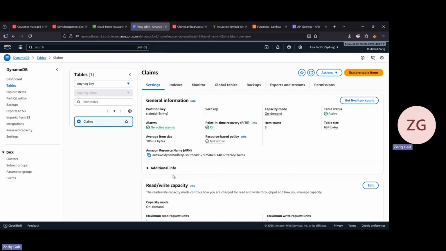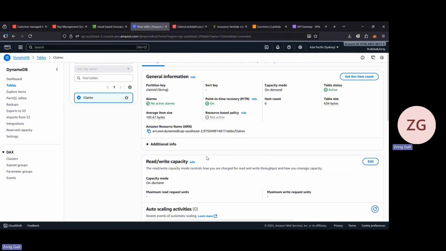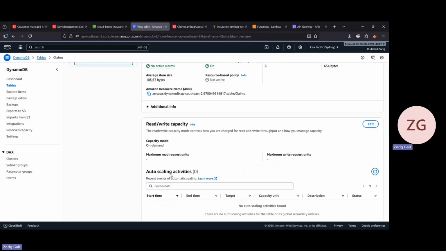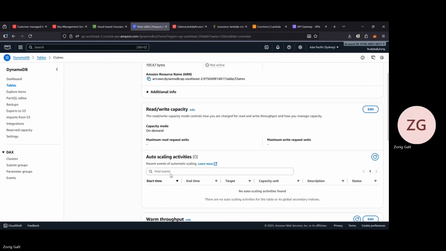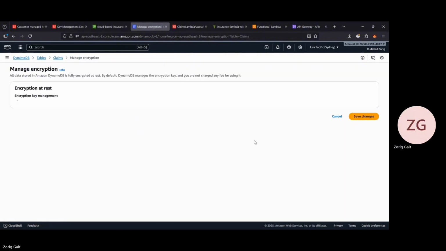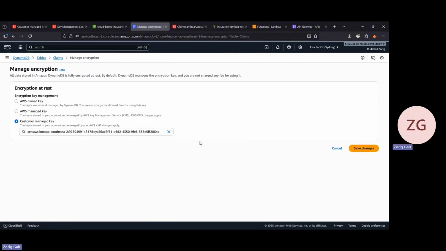For claim records, I created a DynamoDB table called claims with claim ID as partition key. As displayed, I have selected on-demand capacity mode, so our platform can scale automatically with usage. Encryption at rest has been enabled with our KMS key, and under the Backups tab,